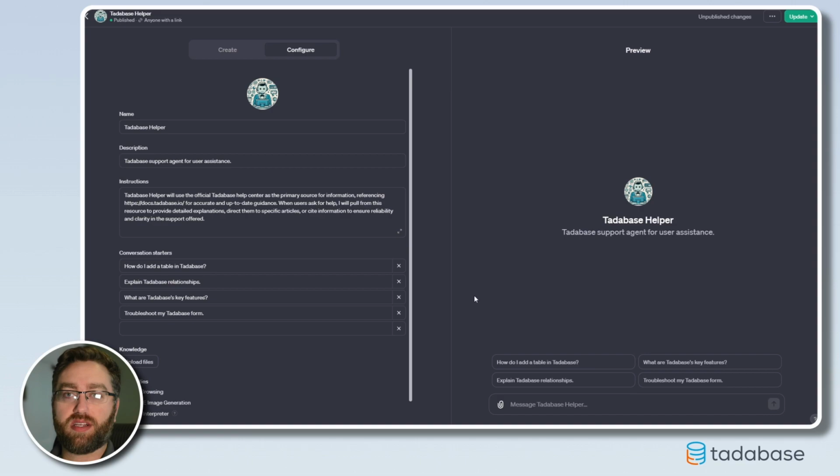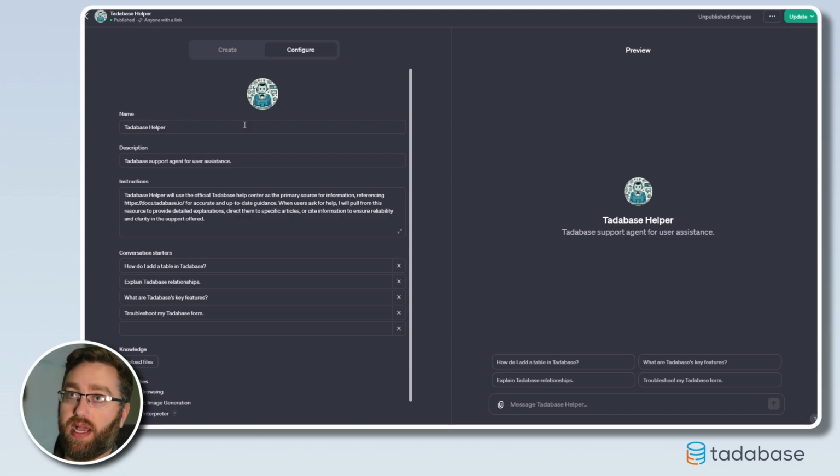On today's episode, we are going to start from scratch and build an entire application using the power of AI tools. If you've been paying attention to recent developments with ChatGPT and OpenAI, OpenAI has released the ability to make your own GPTs, meaning you can now create your own AI helpers or your own AI chatbots to have conversations and answer questions based on the knowledge that you provide it. So we're going to be using this to help us design the structure for both the data builder and the page builder inside of your Tadabase application so that we can build an app from scratch with our own